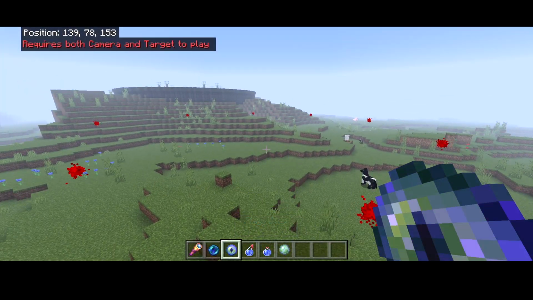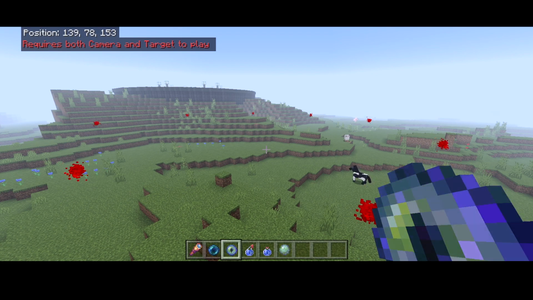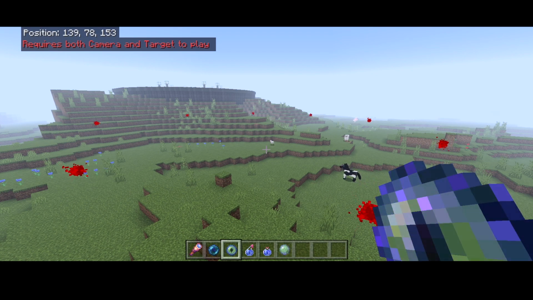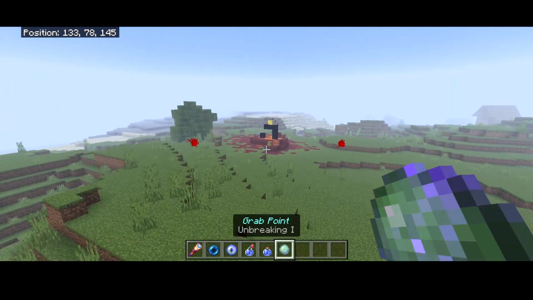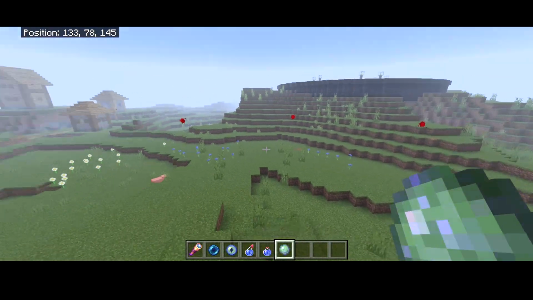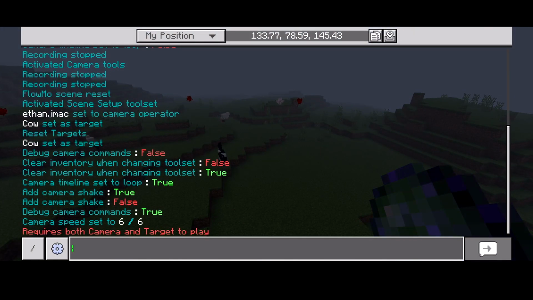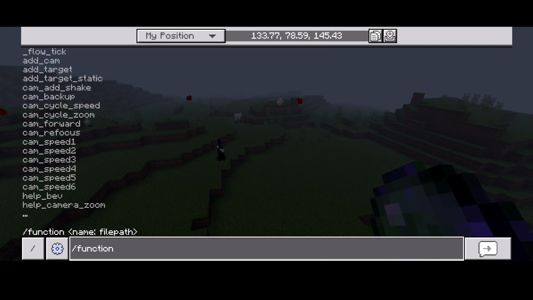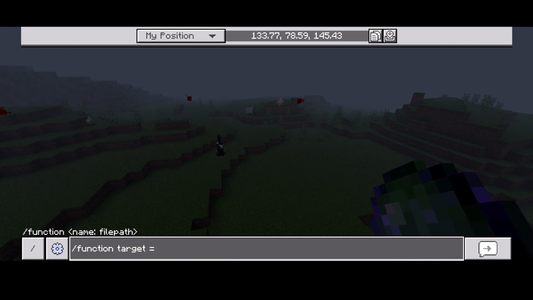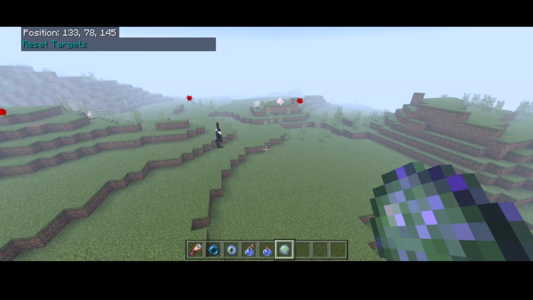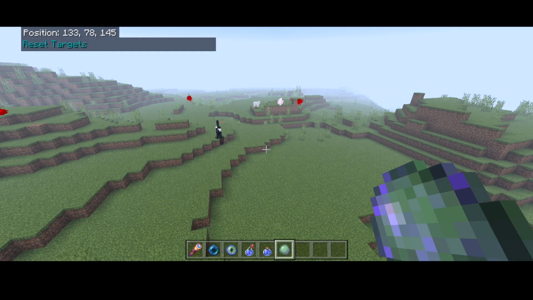Oh, another tip is the camera won't actually be able to play the scene if it does not have a target. So I don't know what happened to my cow. I'm assuming it left somewhere or despawned. So to reset the targets, there is not currently a tool for this, but there is a command. We can go ahead and type target reset. So that resets any current targets,